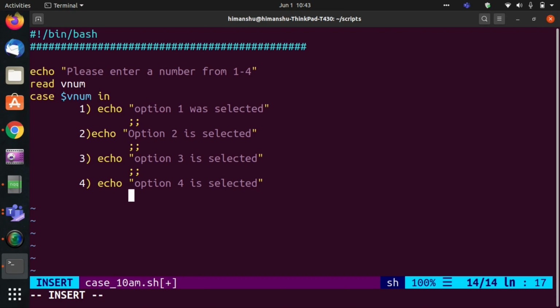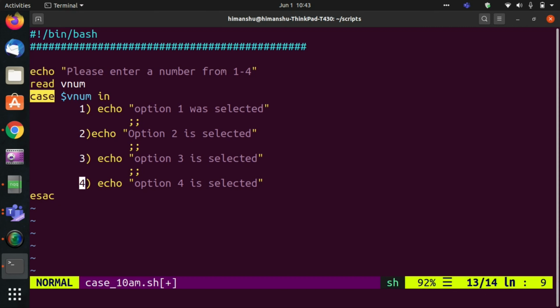And to close the case, like for if, what we did, the reverse of if is fi, same way the reverse of case is esac. So it will close the case, just the reverse. Like for if it was fi, for case it is esac. You just have to write the reverse of case. That's it. It will close.